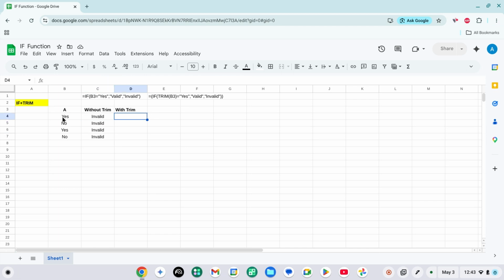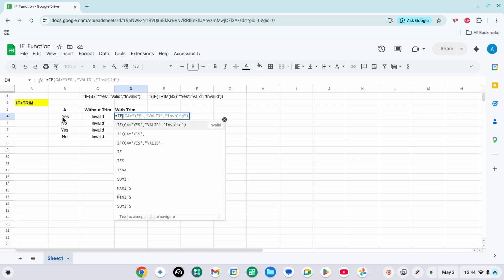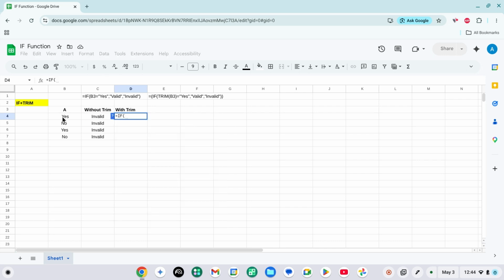To do that, I'm going to use the trim formula. Equals to if, and then I'm going to use trim. Okay, trim what? This section here. So I'm going to close the parenthesis, equals to if it is yes,